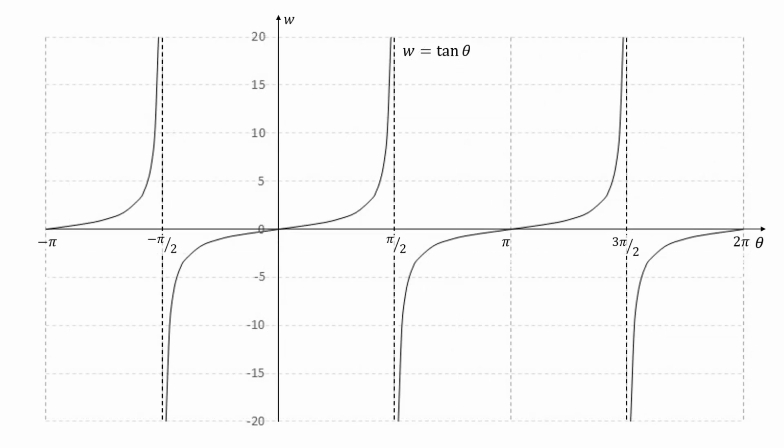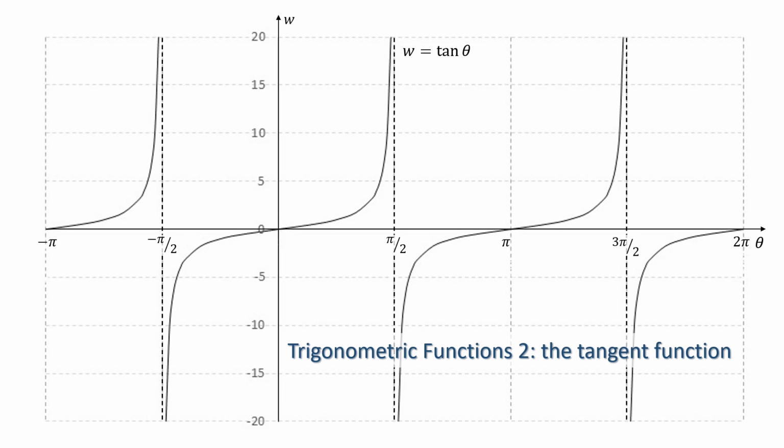The tangent function, which we see sketched here, has very different behaviour to the sine and cosine functions. I will discuss this in some detail in the next video in this series, Trigonometric Functions 2. Until then,